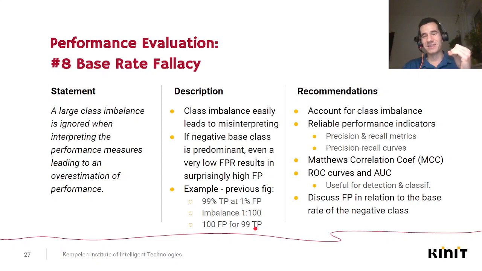So we need to interpret our results better. We need to account for the class imbalance, so we need to use reliable performance indicators, the precision recall metrics and the precision recall curves, as I showed you on the previous slide. And then there are other metrics such as the Matthews correlation coefficient, the ROC and AUC metrics, the area under the ROC curve, and so on. And also we need to discuss the false positives in relation to the base class